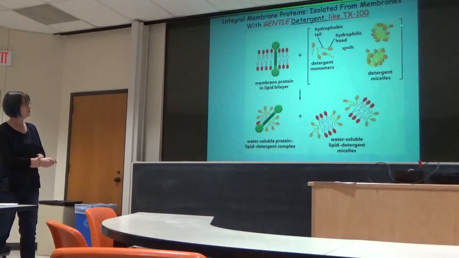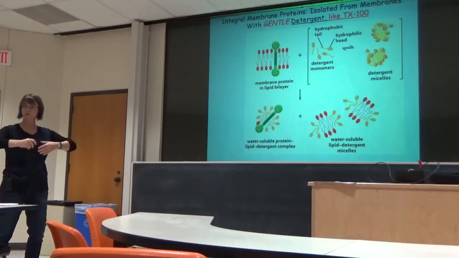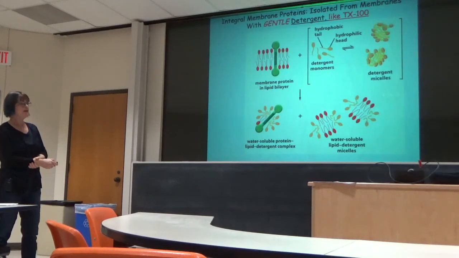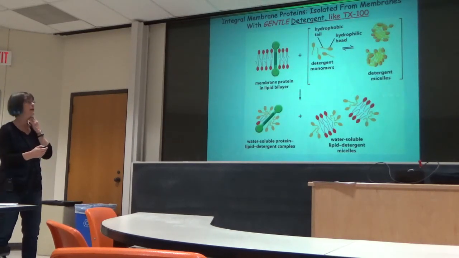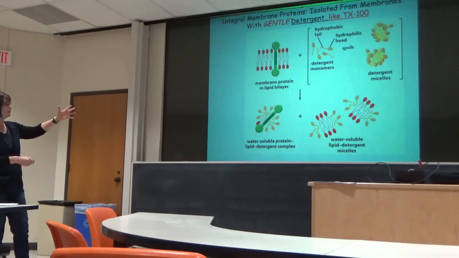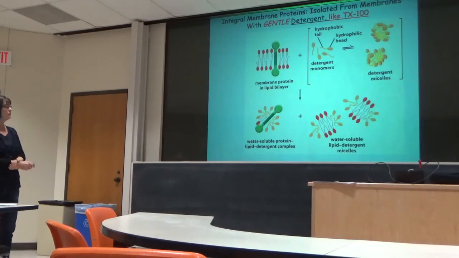This shows the detergent right here. This is in buffer, right? This whole thing is in buffer. We're adding them together. We see the detergent micelles, which have their polar head groups outside shielding this. But it's an equilibrium, so these are coming in and out, largely in this state right here. The equilibrium is forced right here because of that hydrophobic moiety. If we mix these two together, what happens is with some frequency, detergent monomers actually start integrating with the membrane protein and start interacting. The hydrophobic tails of the gentle detergent